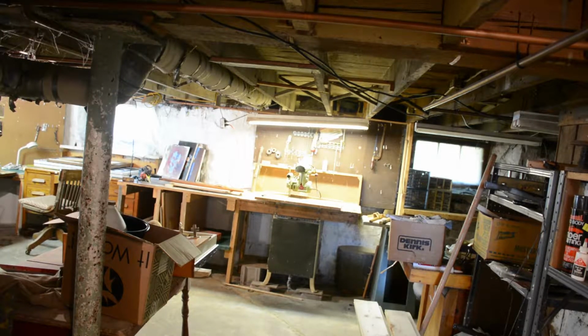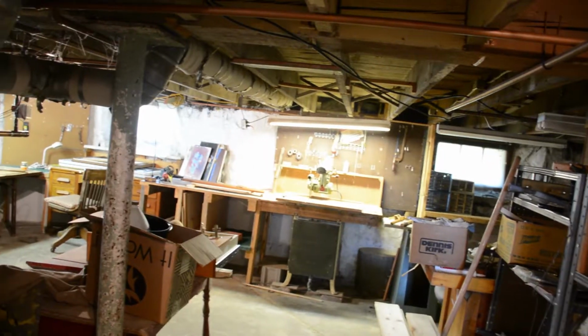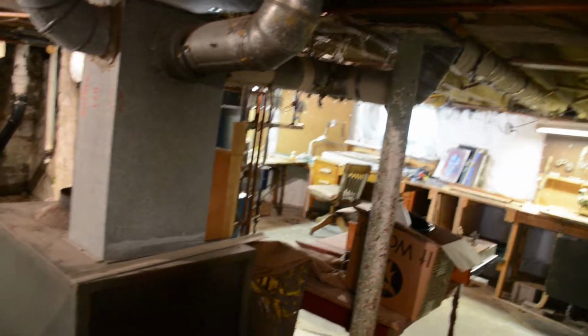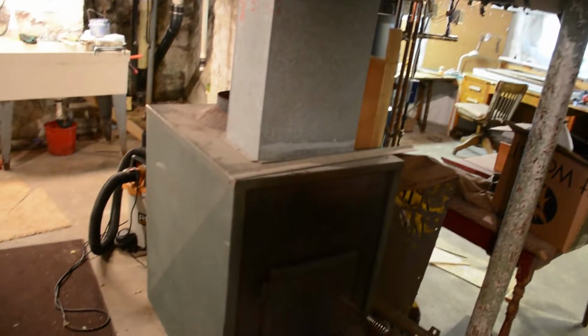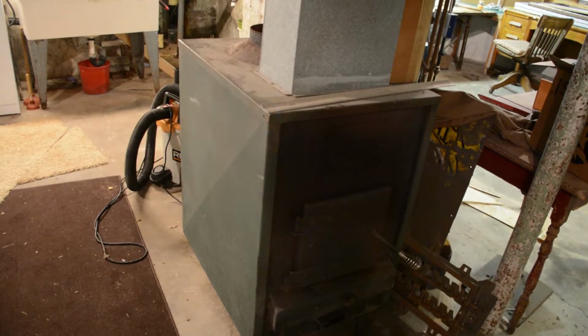Alrighty, welcome to my basement. As you kind of gathered, it is rather short. It's about 6 feet tall. Just fine with me because I'm just under 6. I'm a short guy. But here's this thing down here. I completely forgot about it. I didn't forget about it, but